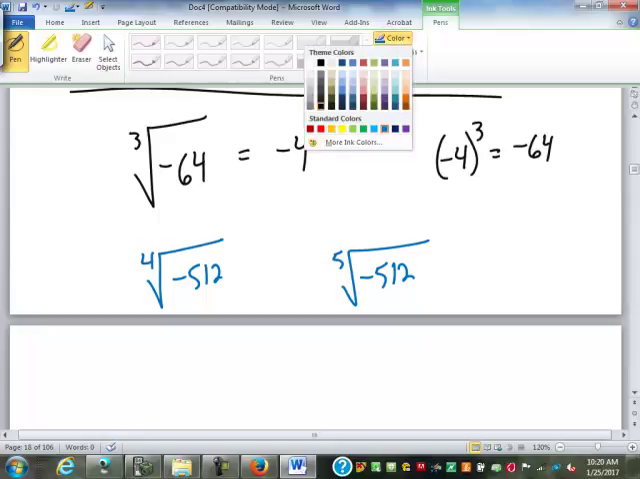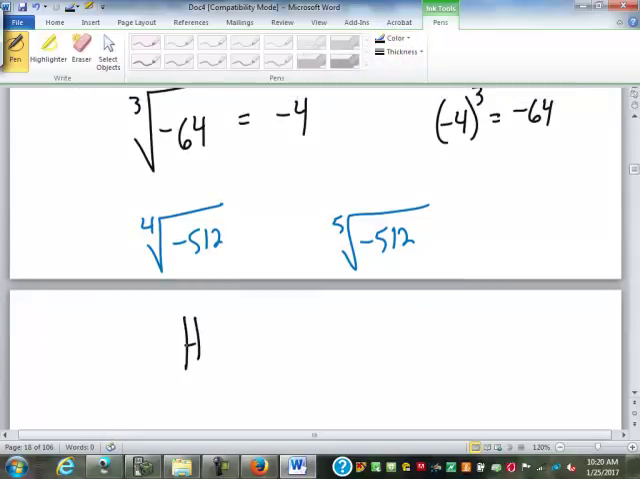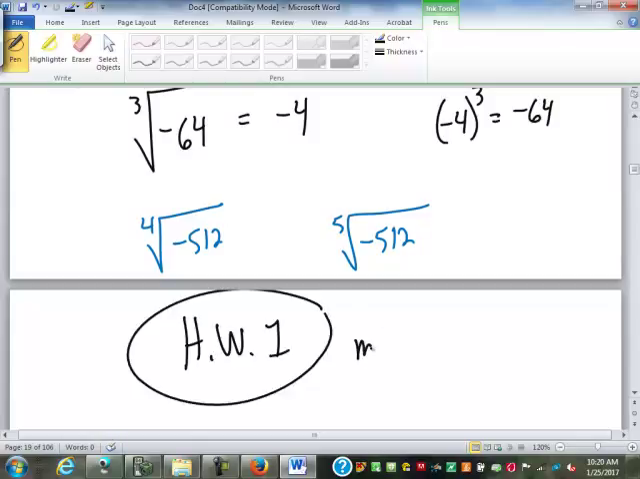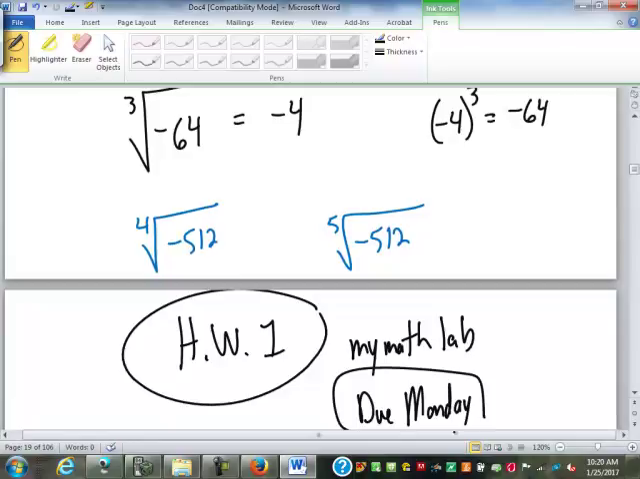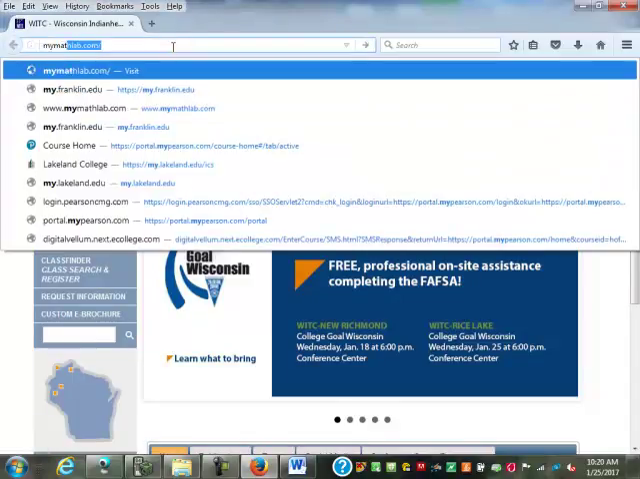We are out of time, so we'll cut her off here for today. The first homework assignment, homework 1 in my math lab, is due for Monday. We do still have class tomorrow, but there won't be a new homework assignment. In fact, we still have to finish up some of the stuff for this homework assignment. Remember, when you go into my math lab,